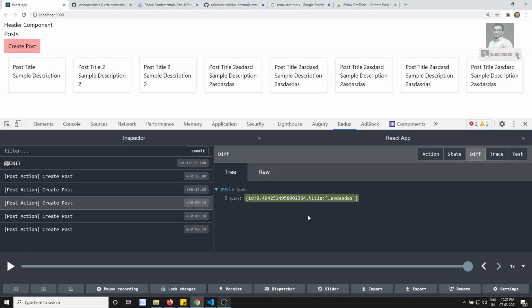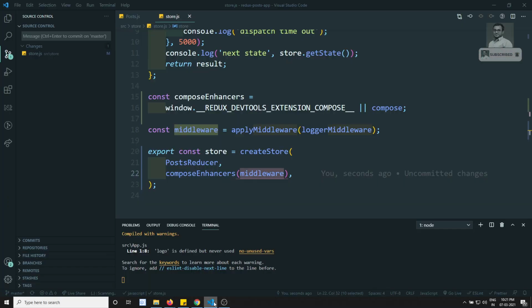With the Redux DevTools, we can debug the Redux data. Now we are going to apply asynchronous Ajax calls through Redux, and we will be able to see all those things through the Redux DevTools. The reason we didn't talk about the Redux DevTools extension earlier is that Redux DevTools mostly depends on the middleware concept. It is nothing but one middleware. Before dispatching an action, it goes to Redux DevTools, which logs the action, and then the action is dispatched so that it is displayed here. So this is the concept of Redux DevTools.